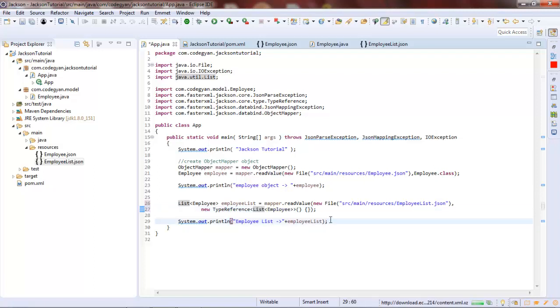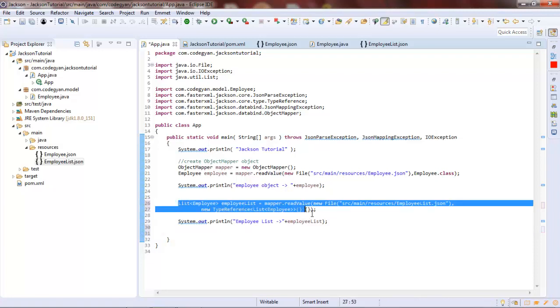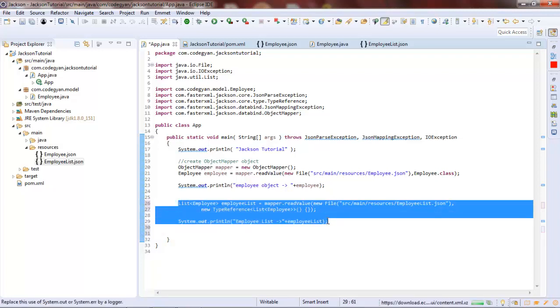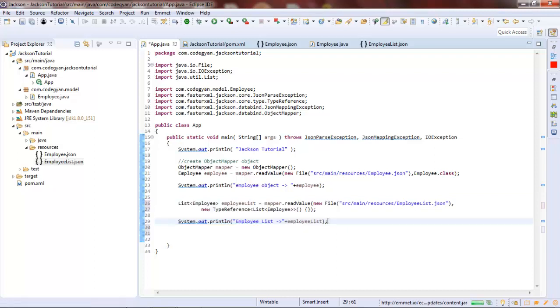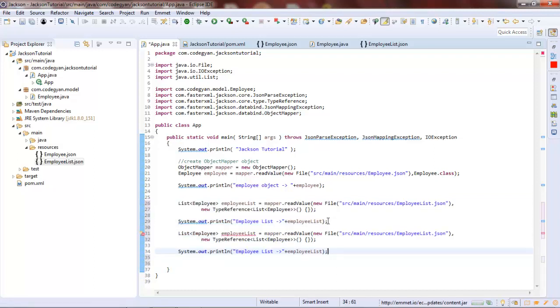Now let's see the second way of achieving the same. Let's just copy everything and change the variable name.